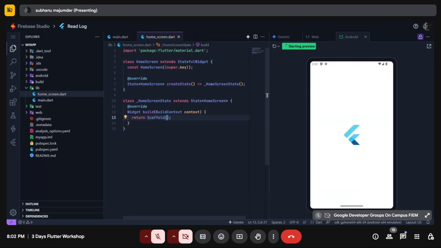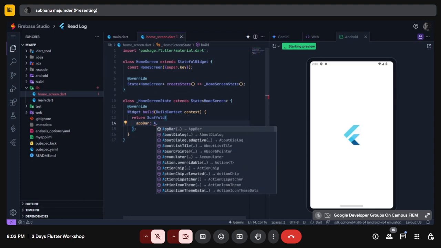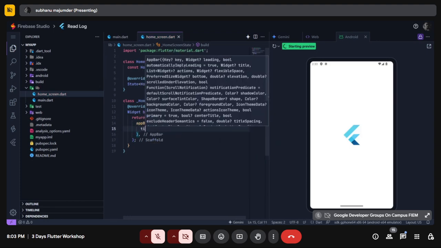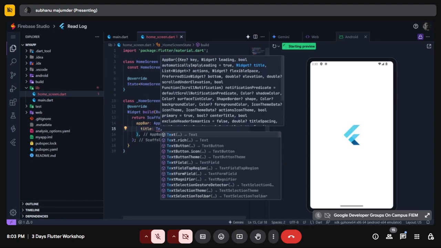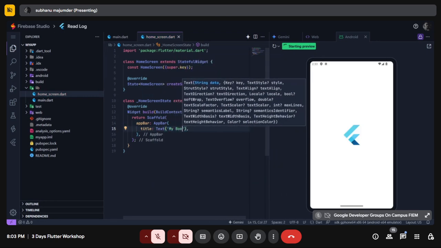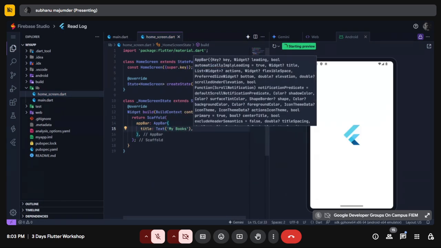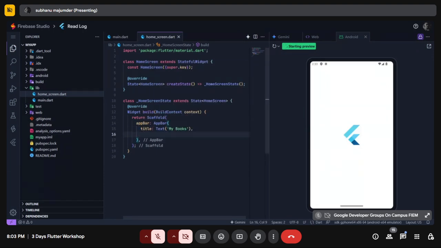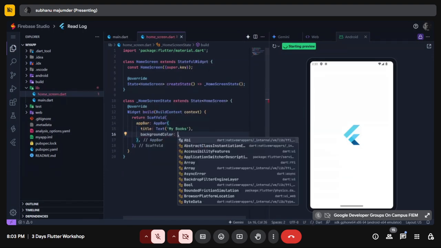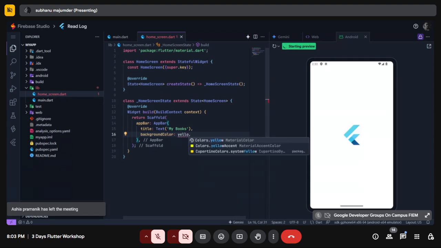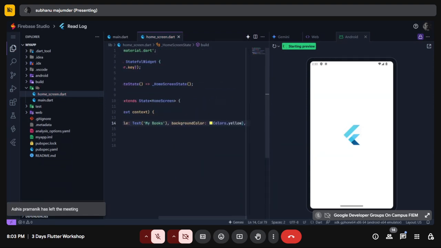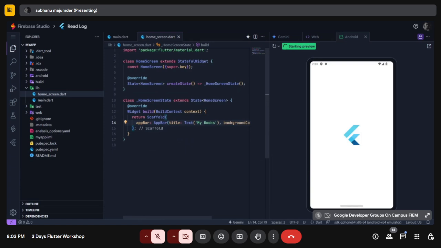Now inside the home screen widget, we'll have a scaffold as we discussed last day, along with an app bar. So let's just define those two things first, and I want the title to be something like My Books. All right, cool. And I also want a color. So let's just keep the background color as yellow. So you see, I have successfully defined the scaffold, and the preview of this particular app will be available on the right hand panel